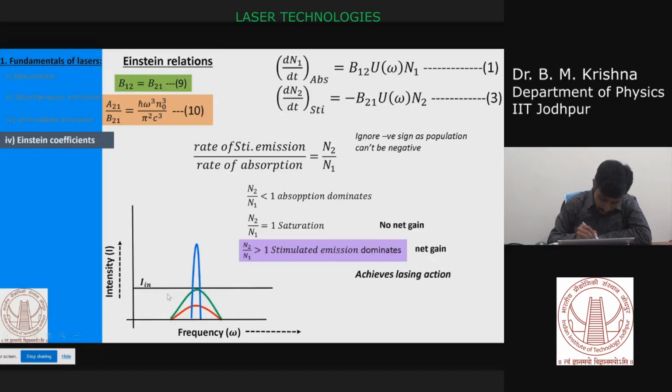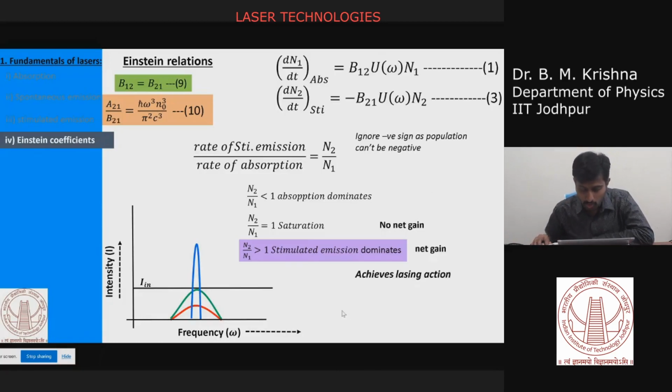It's very sharp. That means it has a certain frequency and it has some width associated with it. So that width we will discuss in a later session. Okay, so now if you see, you have a gain. In this stimulated emission condition, you have a net gain. That means you amplified whatever the input was. So that's why you call laser light amplified by stimulated emission. Okay, so this is called your net gain. Then you have a lasing action.